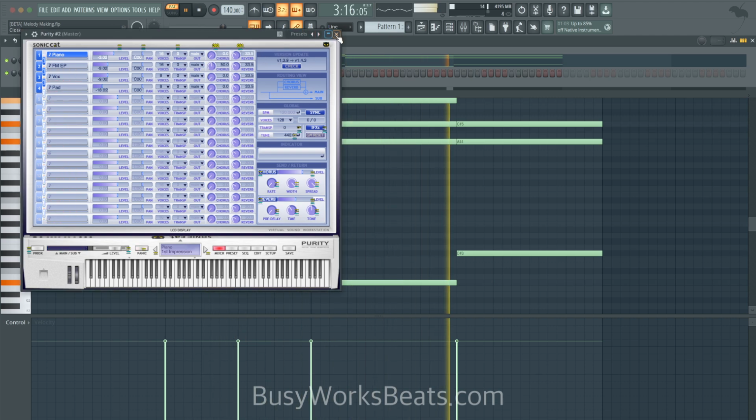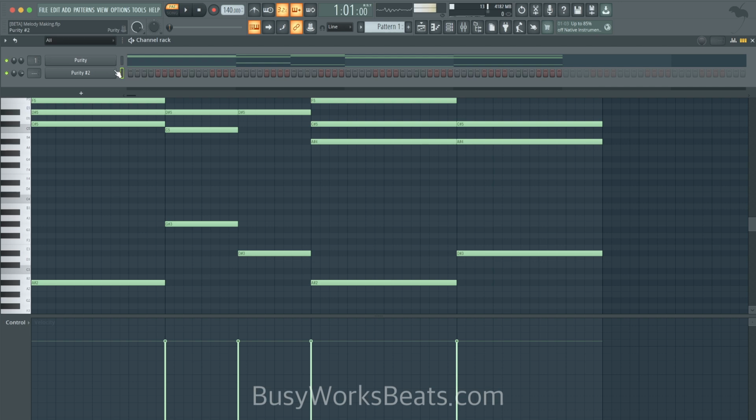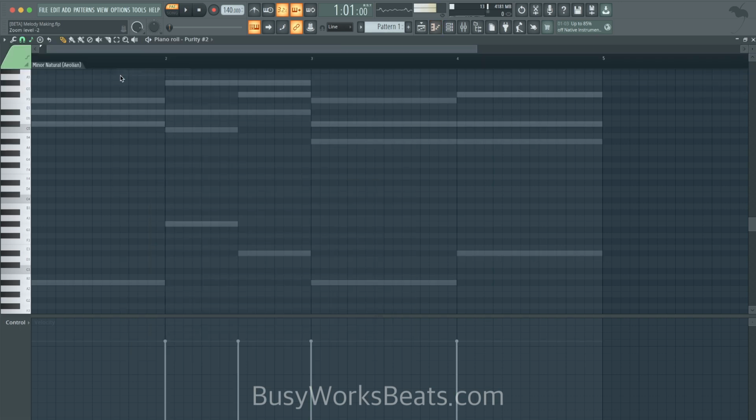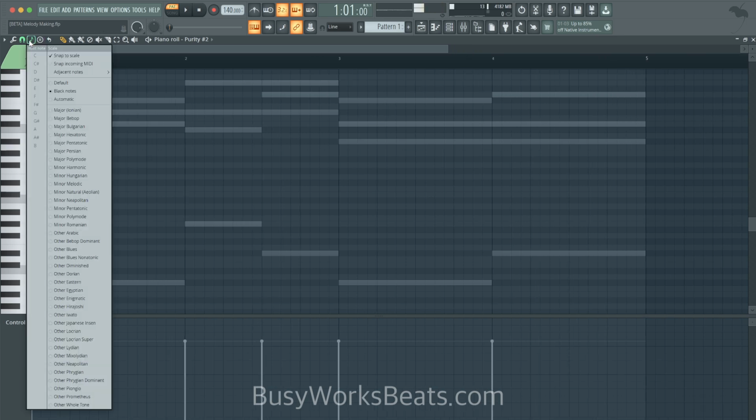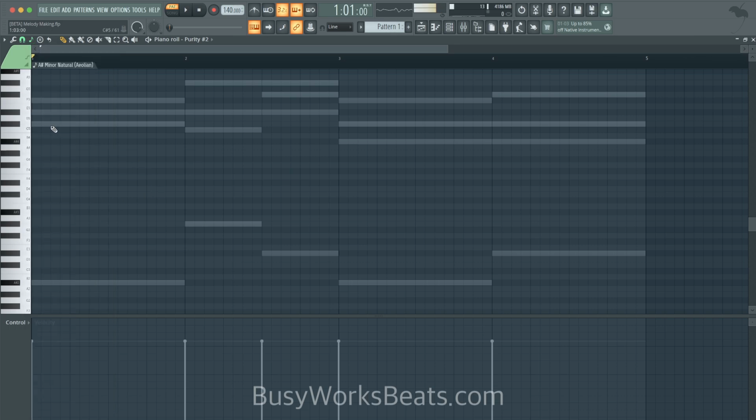All right, so now what we're gonna do is, I think we wrote, what was it, in B flat minor. So let's right click, go to piano roll, and it should lock it. Okay, cool. So now we're gonna grab the snap tool. We're gonna right click, and we're gonna go to minor. I don't know why it doesn't unlock the key right away, but anyway, we're gonna go to minor scale and then go to A sharp minor. So now if I left click, it will always lock to this scale no matter what.